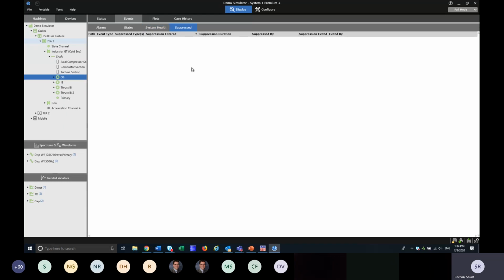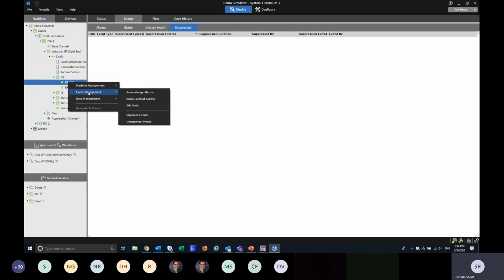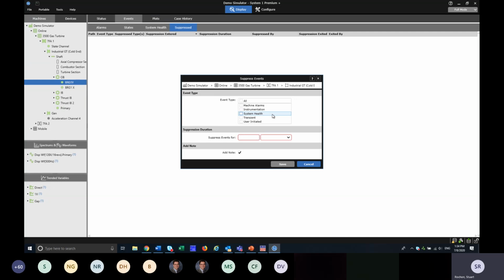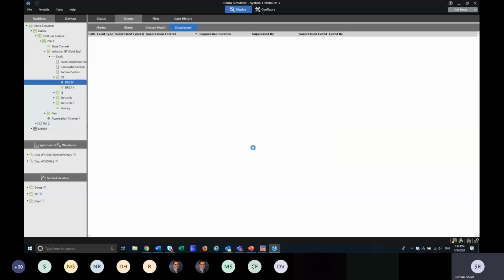Next up is the suppressed. System 1 EVO and System 1 Classic both had the feature that you could suppress a point by going in and right-clicking on a point. You can go to Event Management and suppress events. I just want to suppress alarms, and I know I've got an outage in 45 days. I'll fix the problem at that time. And then if I say save,